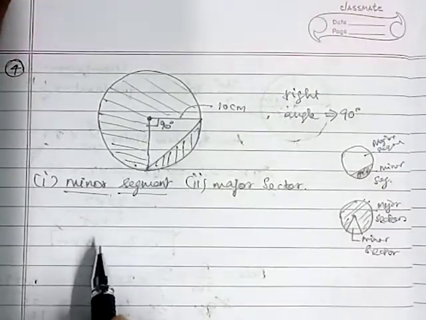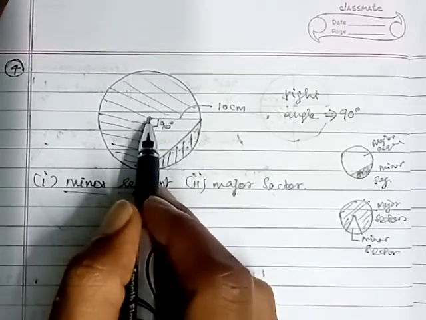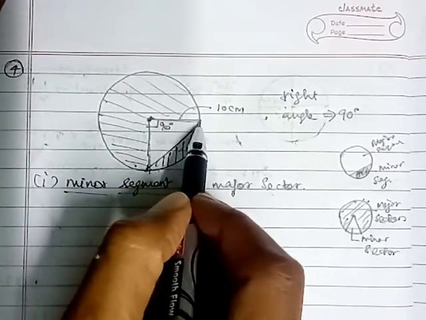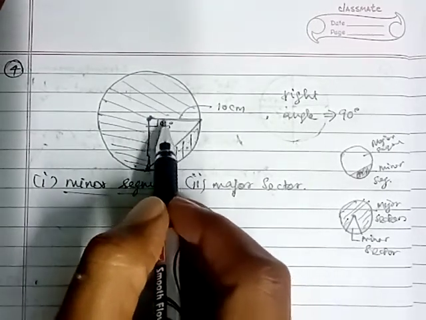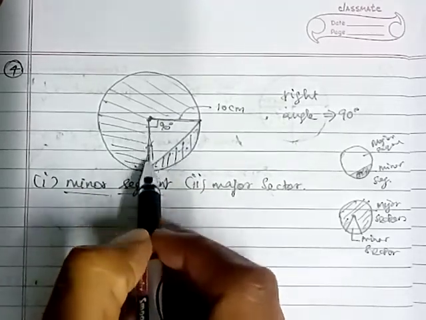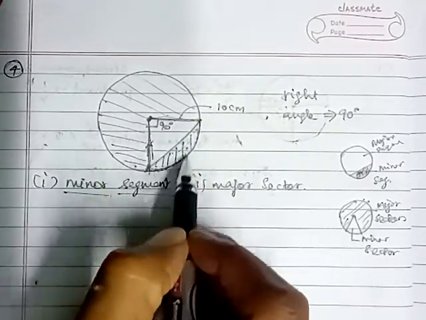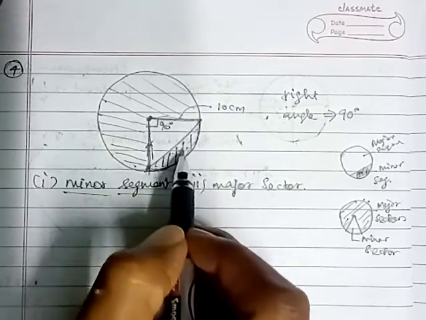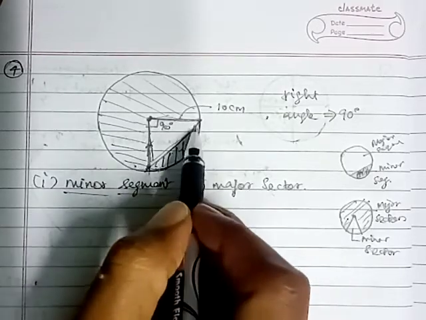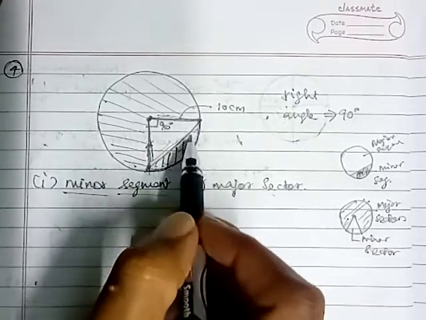Okay, இப்போ இந்த segment நம்ம how will we find this segment? We have to find out this minor sector, and from that we have to subtract the area of this triangle. இப்போ பாருங்கள், இந்த டோட்டல் வேல்யூ நம்ம கண்டுபிடிக்க முடியும். ஏன்னா இது வந்து மைனர் செக்டார் இல்லையா. இப்போ இந்த மைனர் செக்டார்லேருந்து இந்த ட்ரையாங்கிளை மட்டும் மைனஸ் பண்ணிட்டோன்னா நமக்கு இது மட்டும் கிடைக்கும்.